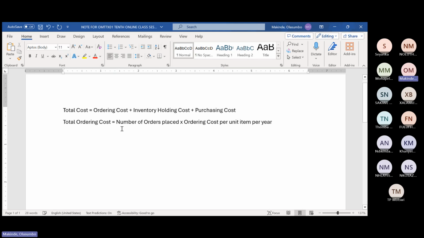in a year. So mathematically, we assume that if capital D is the annual demand for those inventory items, and small letter Q is the number of inventory item quantities to be ordered at any point in time, then it means in this case, the number of orders to be placed per year